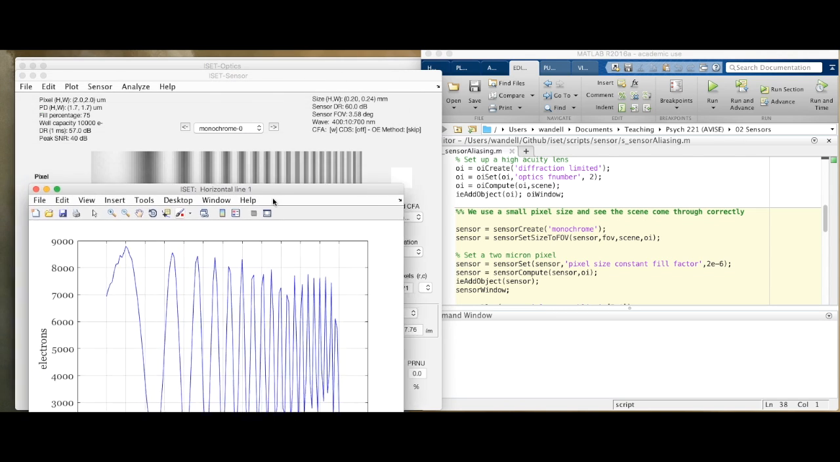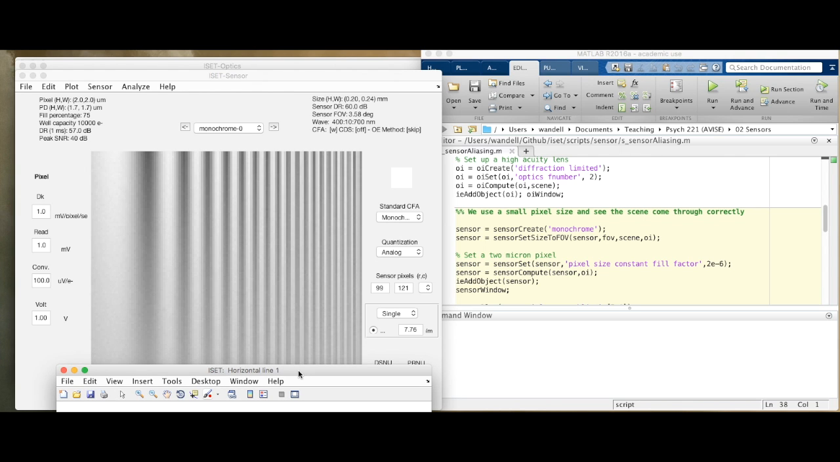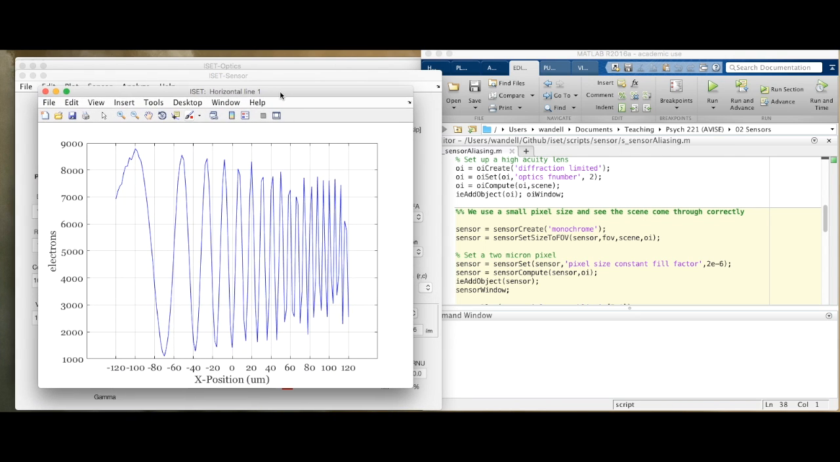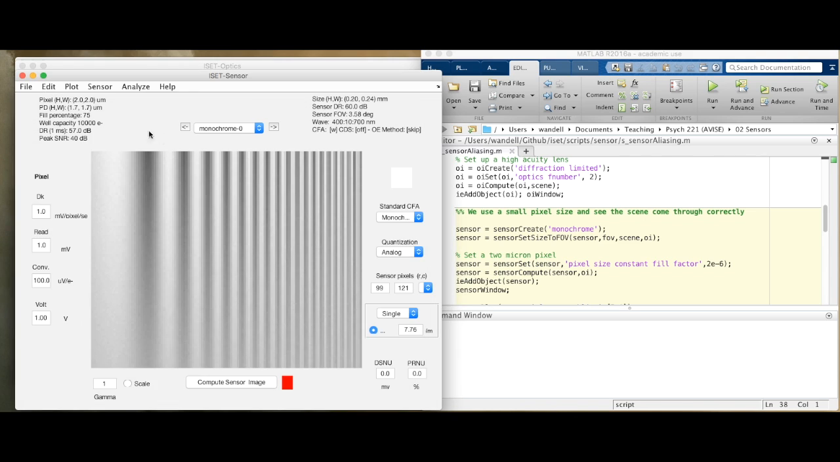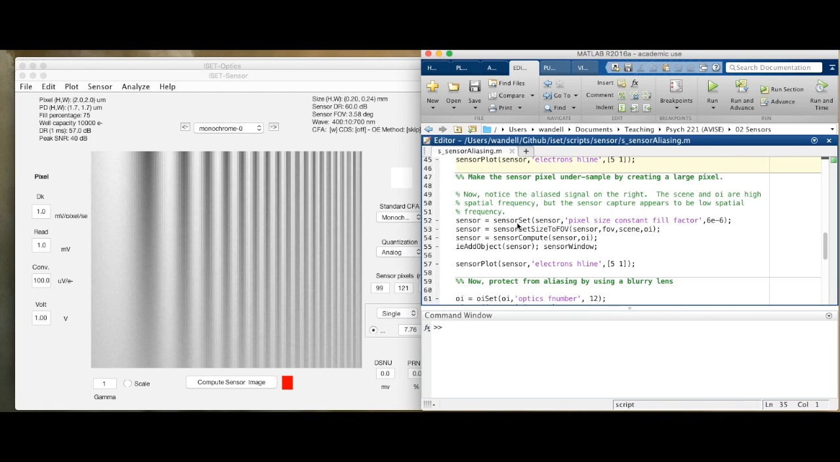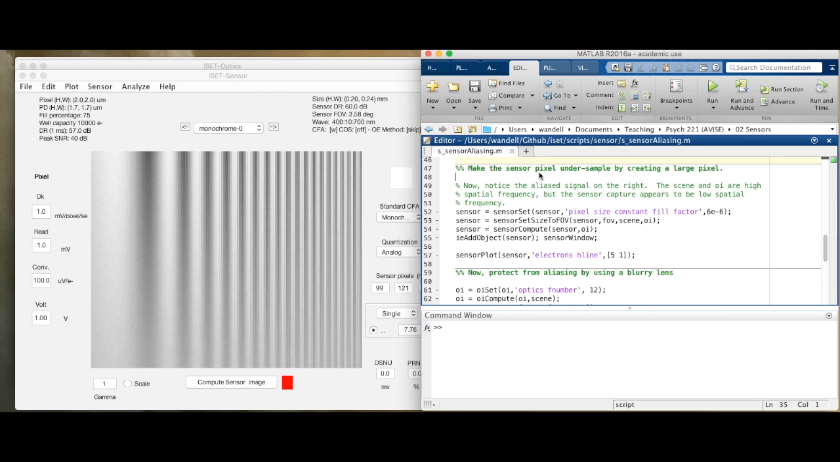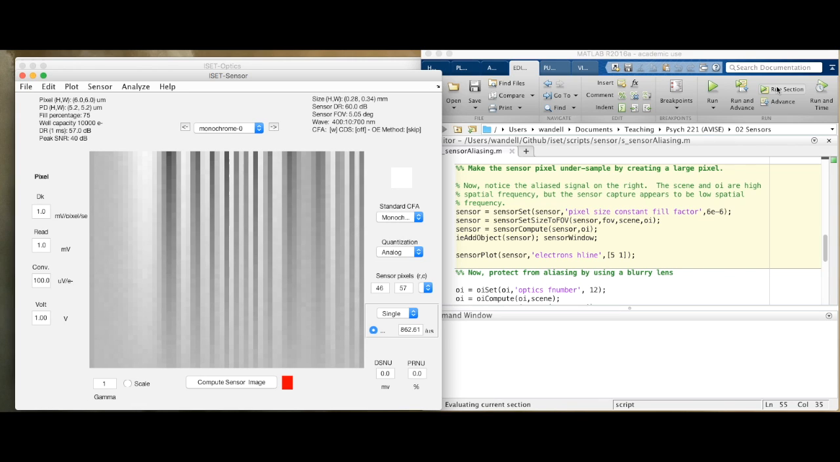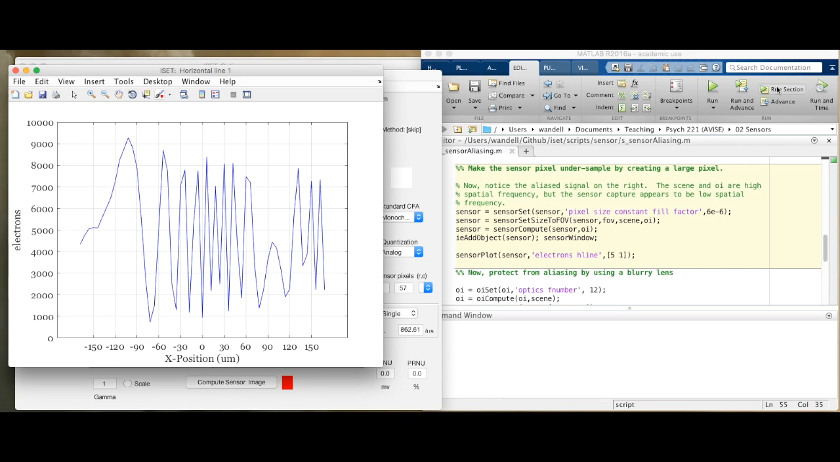So now we're going to simulate the consequence of resizing the pixels, undersampling, by setting the pixel size to 6 microns, which is too coarse to really resolve the spatial frequency. And you can see that now when we run the analysis, we have an undersampled case and we have spatial aliasing, so that the high spatial frequencies are aliased back